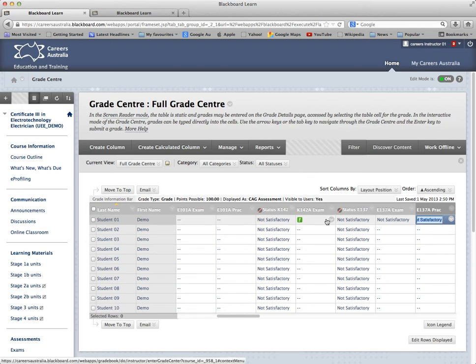So finally, if you've got an item that you need to mark, this particular exam here is a short answer exam, so it wasn't able to be marked by the system automatically. So in order to mark this particular piece of assessment, you'll need to click on the item indicated by the green icon that designates it needs marking, and you can either go in through the view grade details or in through the attempt like we did previously. So if we go into the attempt option,